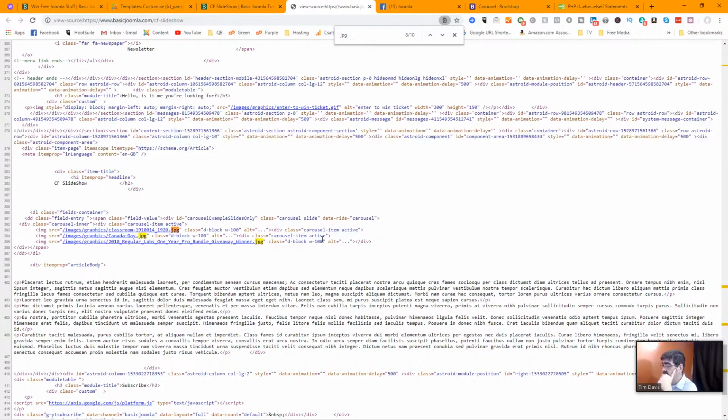Div class active. Chuck's looking for some stuff, so let's see. This first image, div class active, and then it says div class carousel item active. So the problem is I don't know what the result of